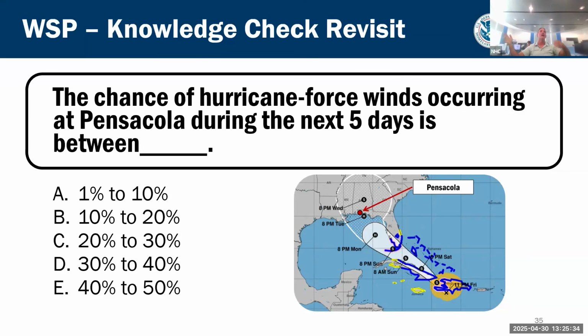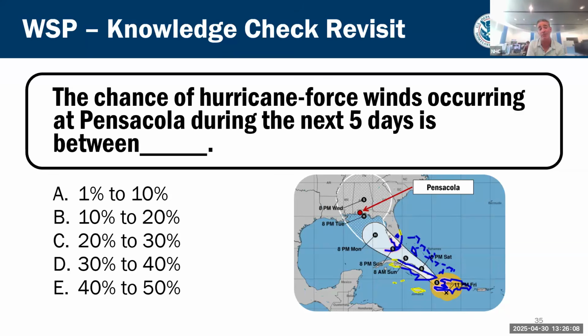All right, well, congratulations to the minority. 13% of you got this right, which means the answer is A, 1 to 10%. So again, these probabilities are going to look low. The reality is, I think this case was Isaac, from what I remember, and they did not get hurricane conditions in Pensacola. Far out, 4 days in advance, there's quite a bit of uncertainty historically. So the probabilities are going to look low, and they're going to increase as we get closer into the event. So again, this is, I know, a communication breakdown.